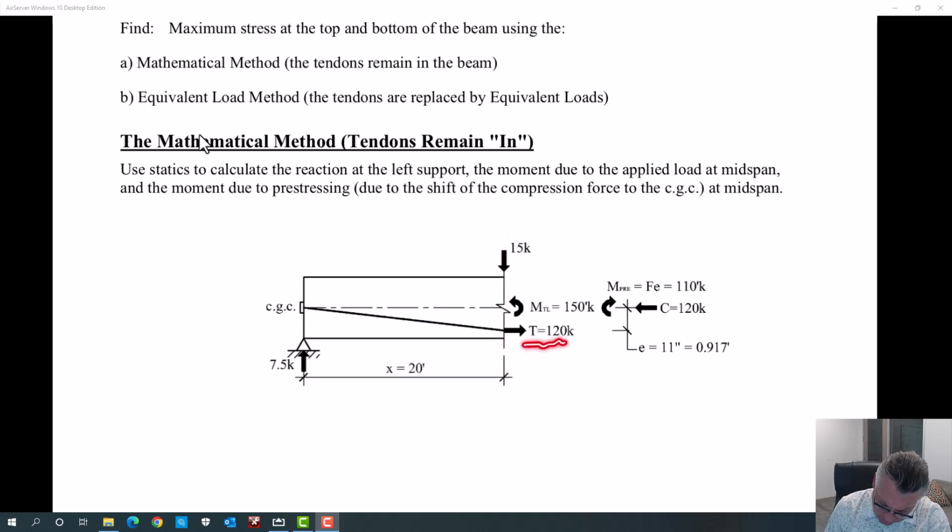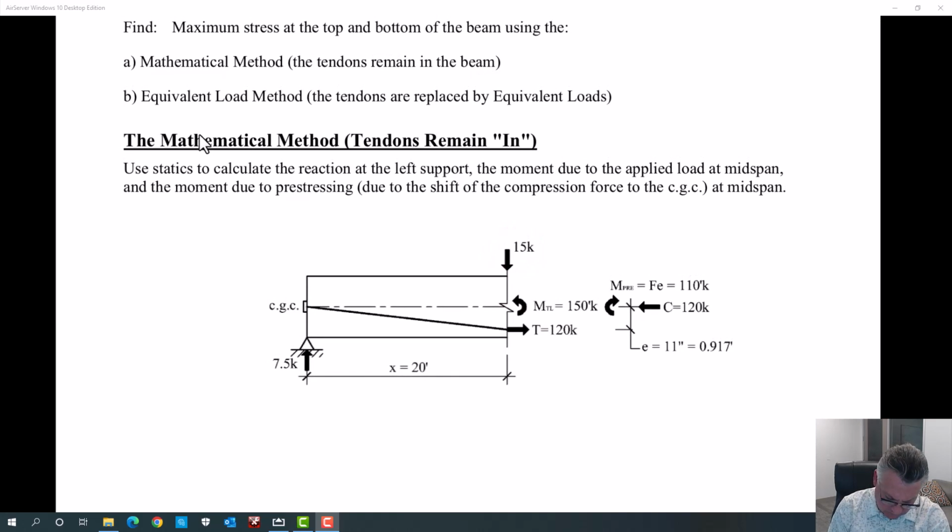I know the force in the tendon because I put it there, 120 kips, and I know where it exists. This M total load is the moment created by the applied load. So it's 7.5 kips times 20 feet. So I've got the applied load moment, and what I'm going to do is take, as I told you before,